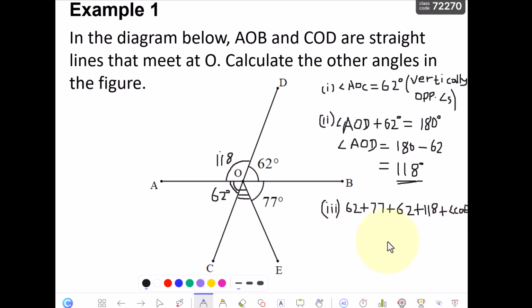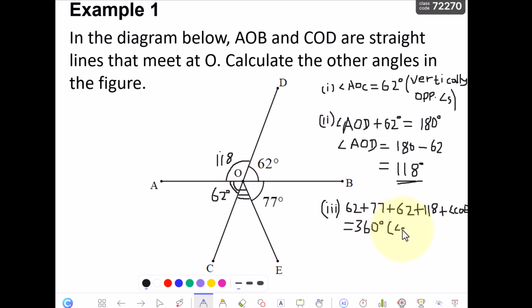Plus COE. By the time you add all the angles 1, 2, 3, 4, 5, your answer will be equal to 360 degrees. So very, very important. This is angle at the point. If somebody asks why it is equal to 360, tell him it's angles